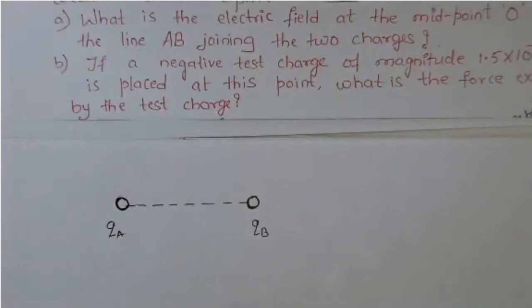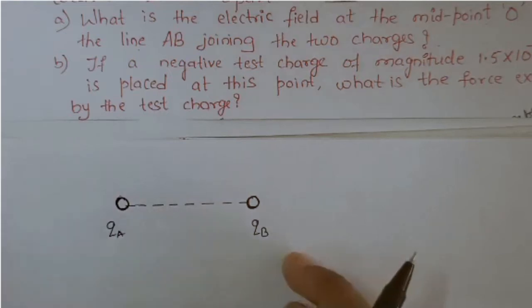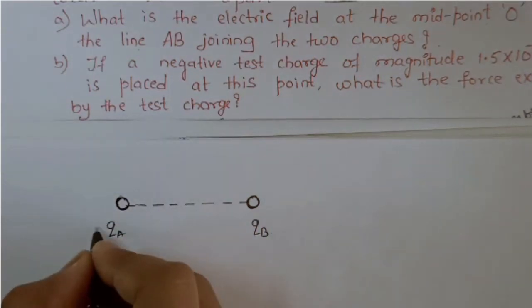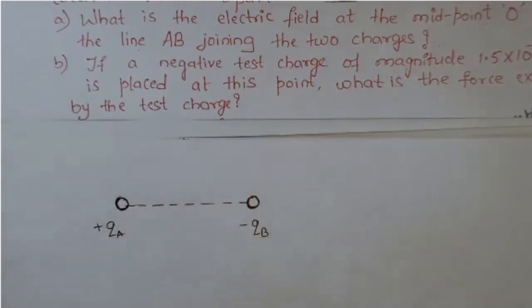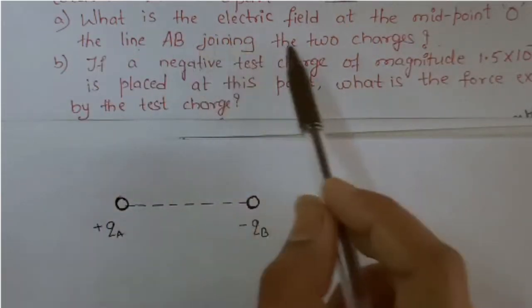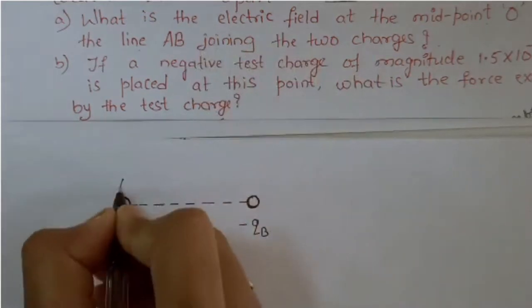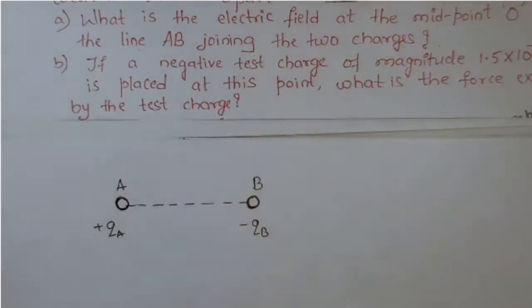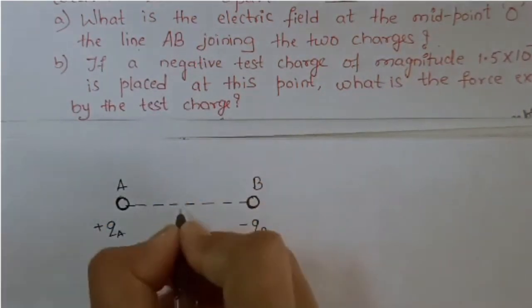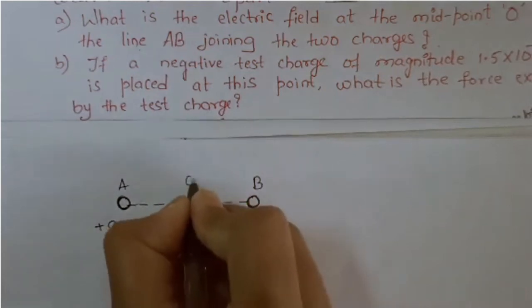We shall picturize this problem. Two point charges QA and QB are given, and they are located 20 centimeter apart in vacuum. That is the first given thing over here. So I have taken QA and QB. Here you see QA is positively charged whereas QB is negatively charged. In the question they ask for the electric field at the midpoint of the line joining A and B, the two charges. Here they have already given you the position of these charges A and B, so AB becomes the line joining the two charges. And they say that O is the midpoint of this.